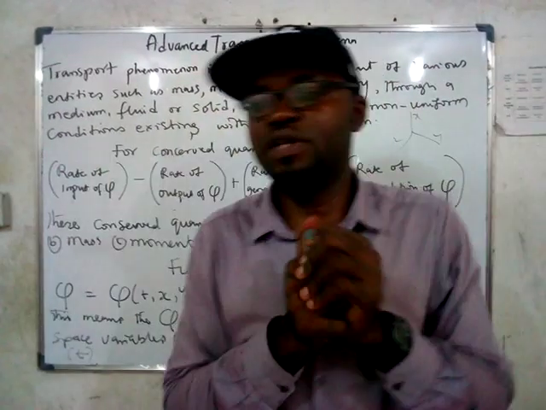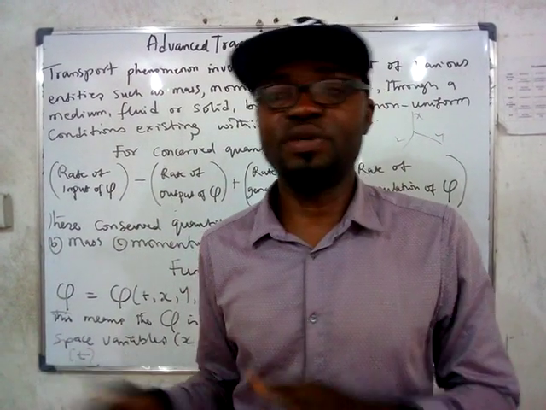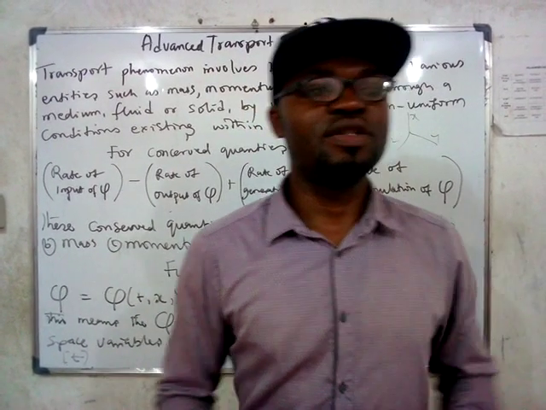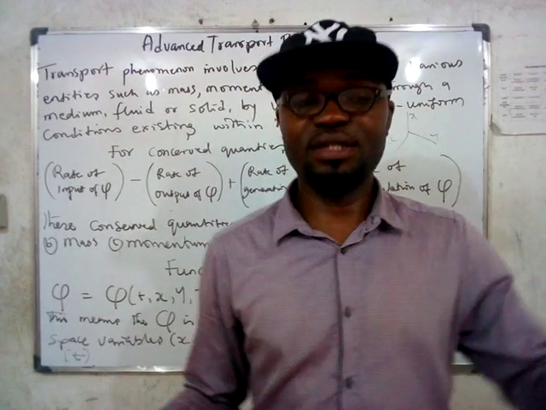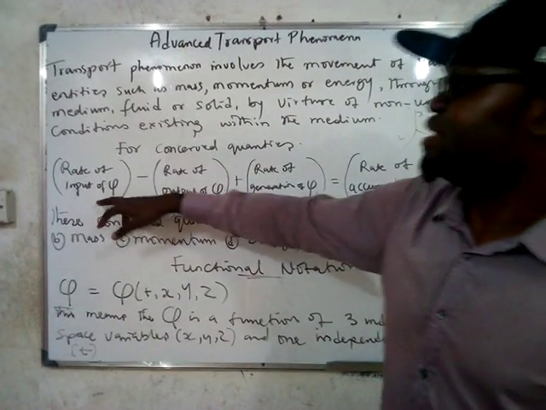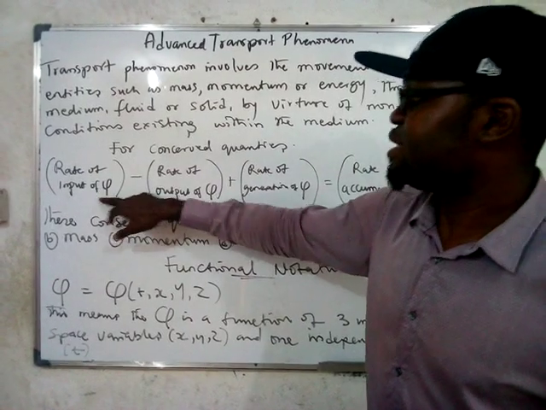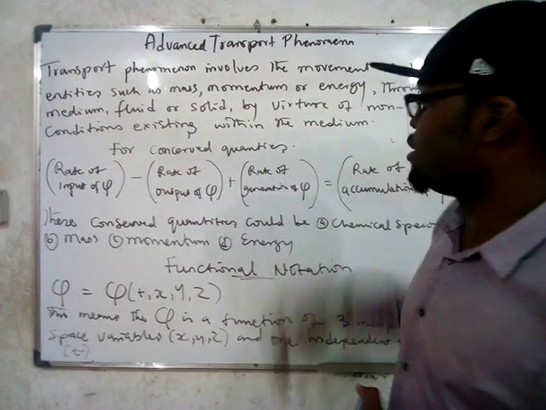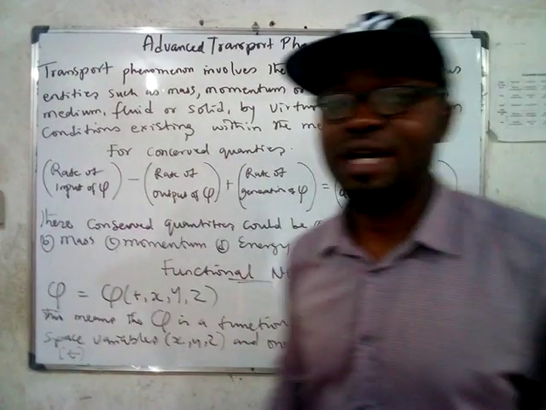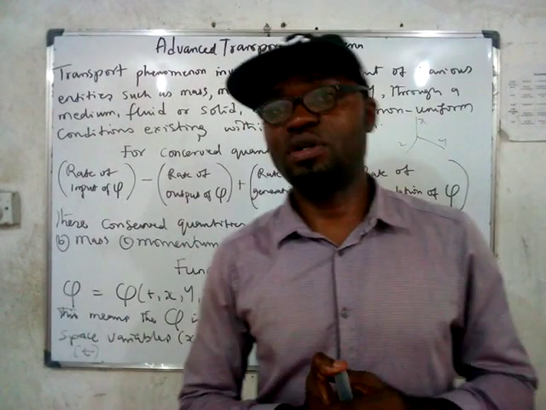So whenever we have such a thing, like when you're doing mass transfer, like when you're doing separation in your columns, there is always movement. There is always transport of masses. So once there is transport of masses or transport of energy, we have what we call transport phenomenon. And this is the general conserved rate equation that governs any of them. And this can represent mass, momentum, or energy. So in subsequent classes, we are going to be reducing this rate equation to when we have steady state, when we have uniform condition, when we have equilibrium condition.